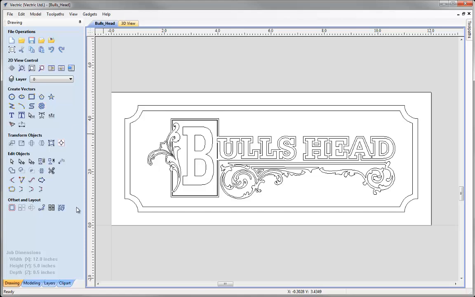So lots and lots of design tools available within the software, lots of tools to draw new shapes and lots of tools to make edits to any shapes that you've imported. Very, very powerful design section of the program that can be used in order to create from scratch or edit your artwork. Now once we've done this, it's very easy to just click on the icon here to switch back